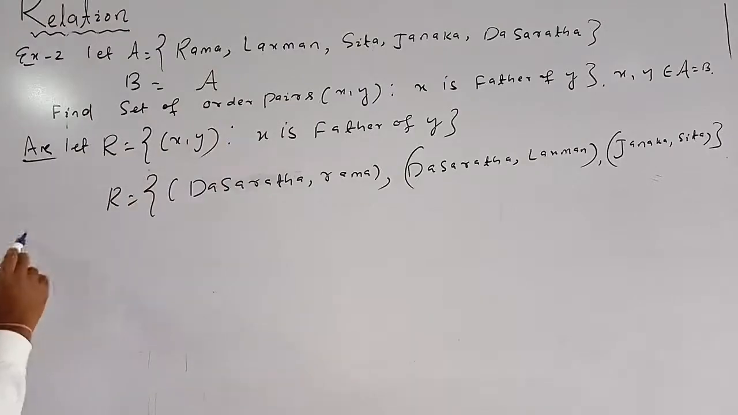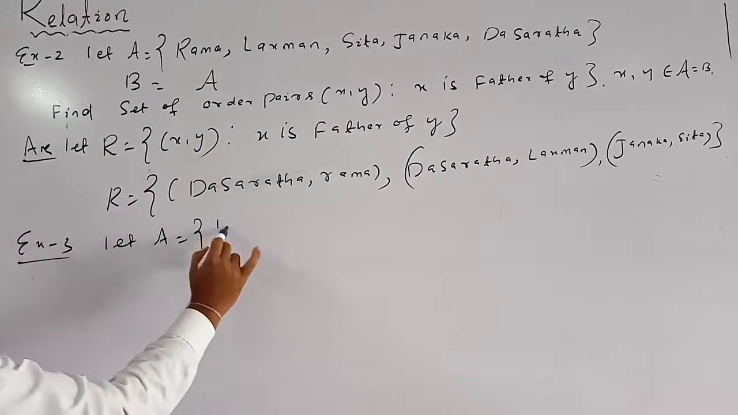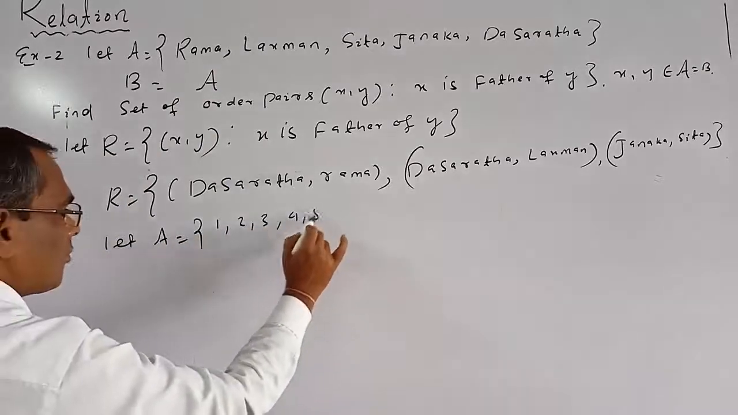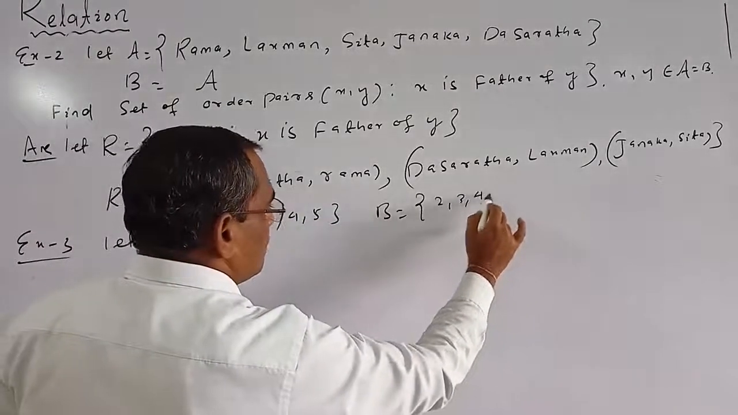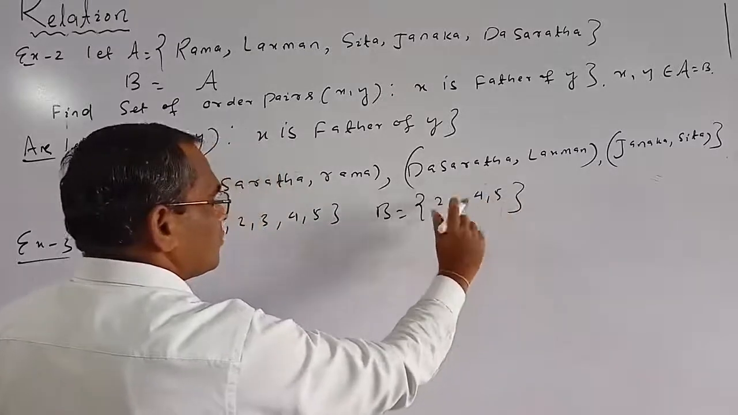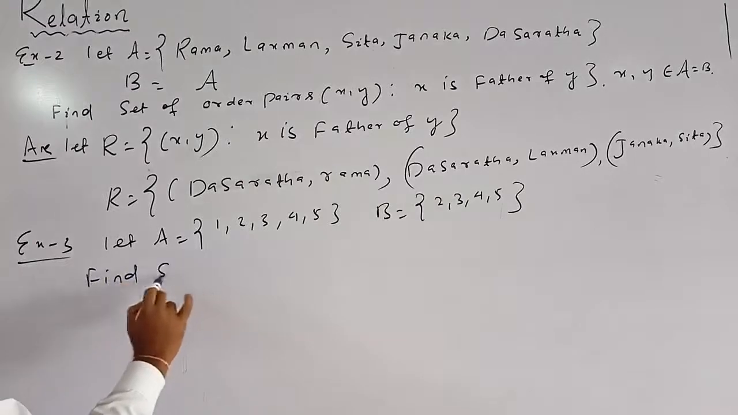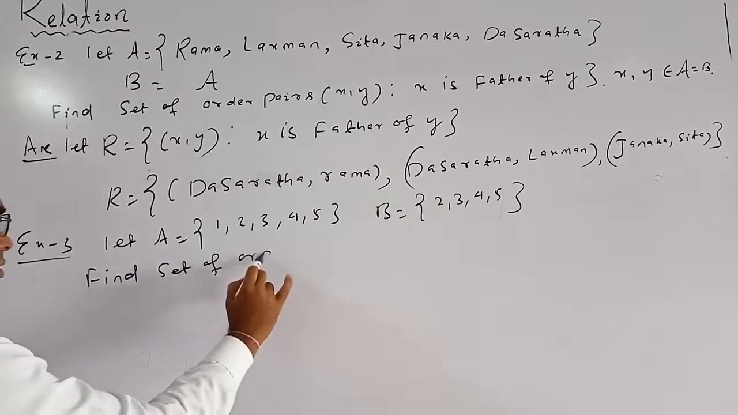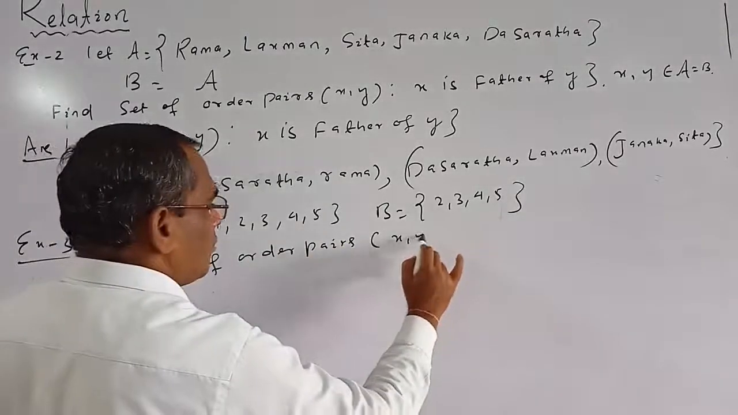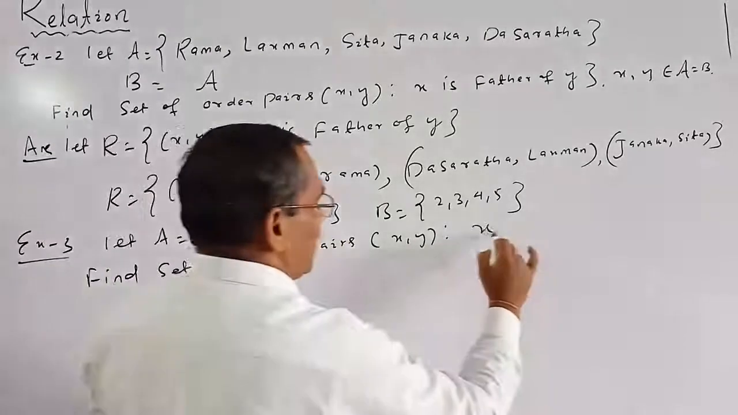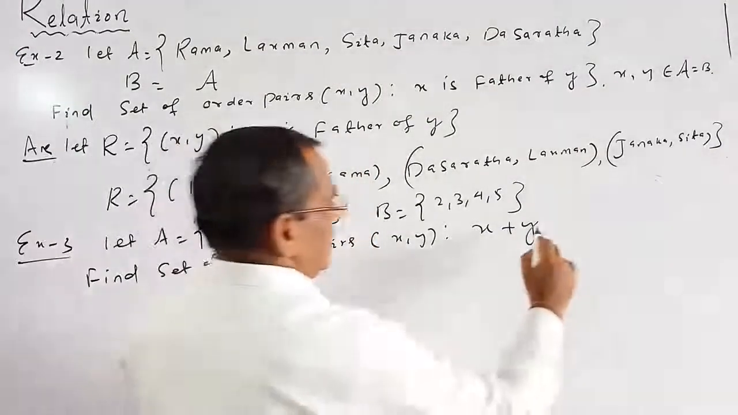Next we take another example. Example 3. Suppose let A is equal to 1, 2, 3, 4, 5, and the B set is equal to 2, 3, 4, 5. Find the set of order pairs x comma y so that x plus y